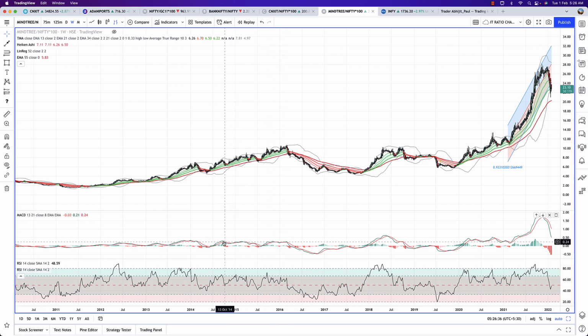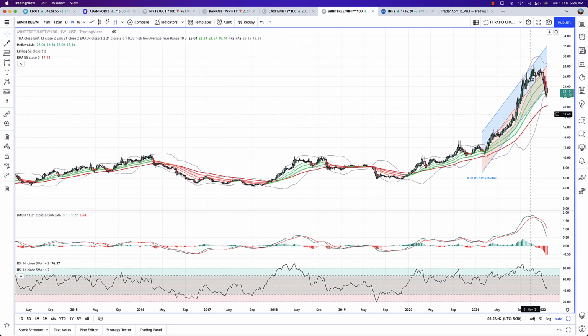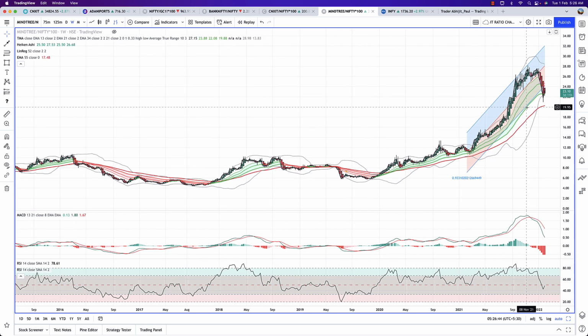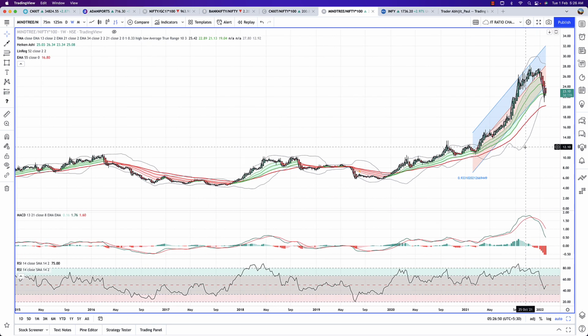Again, every time the MACD was stretched, there was a divergence and then the correction. Nothing of that sort here. Nothing of that sort coming in for Mindtree. We can see the divergences with the RSI. We can see the RSI is dropping down, etc. But I don't think this guy is going to correct significantly from here. I don't think so. Maybe it will stabilize.